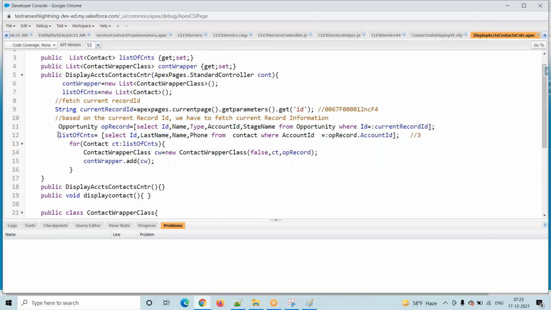We can store any number of records, but for display, if we try to show 500 records in a single page, the system says it will not display this many records in a single page.